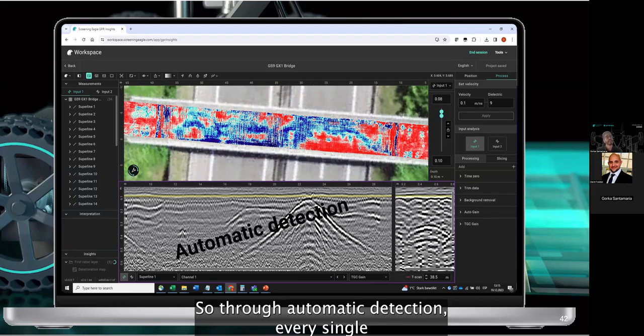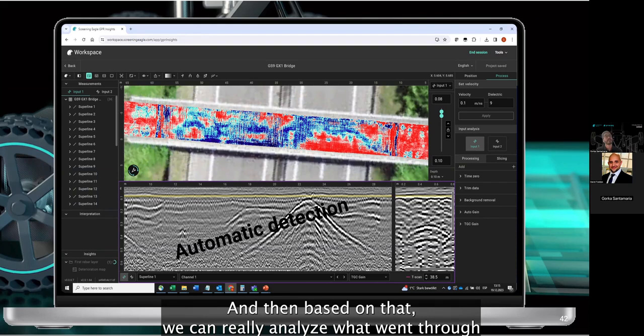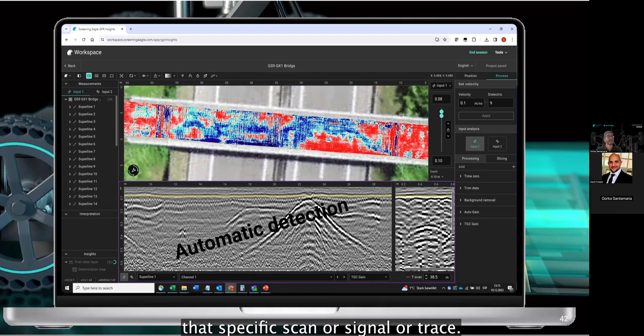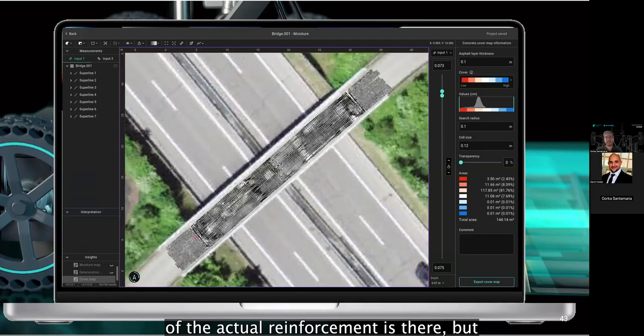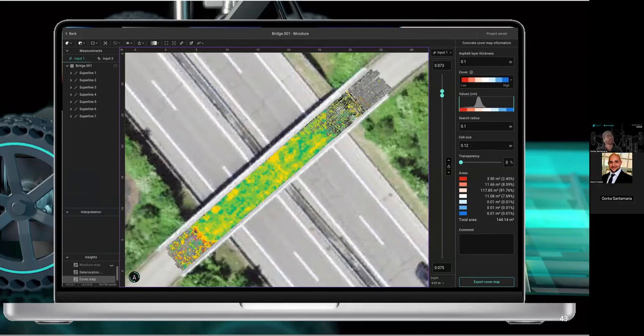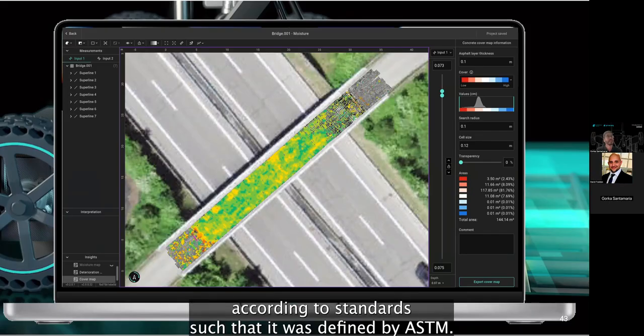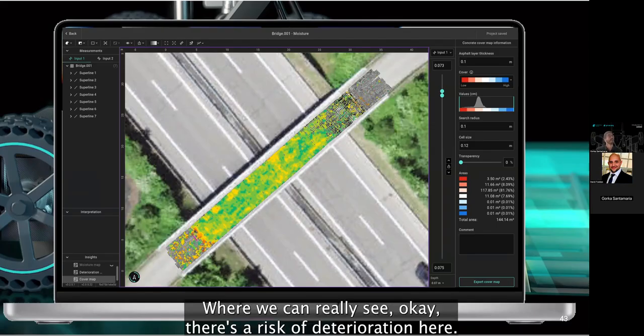Through automatic detection, every single hyperbolic reflection in this case could be digitized, and then based on that we can really analyze what went through that specific scan or signal or trace, so that not only the map of the actual reinforcement is there, but we can produce things like deterioration and condition maps according to standards such as the ones defined by ASTM,